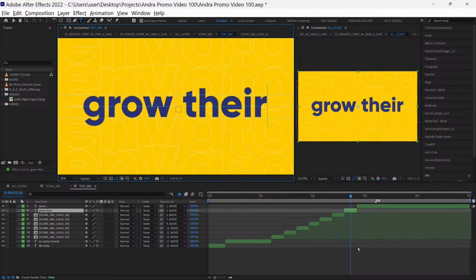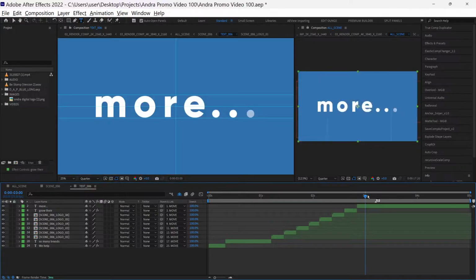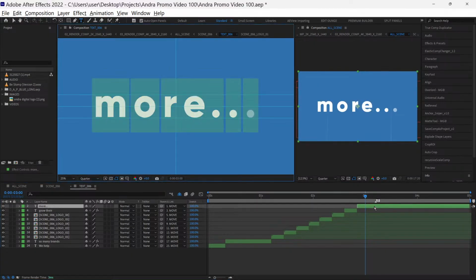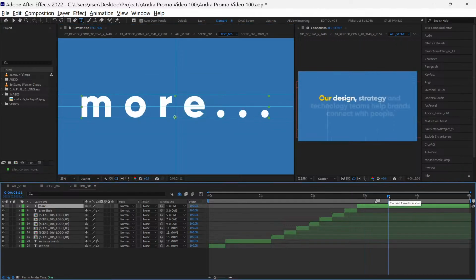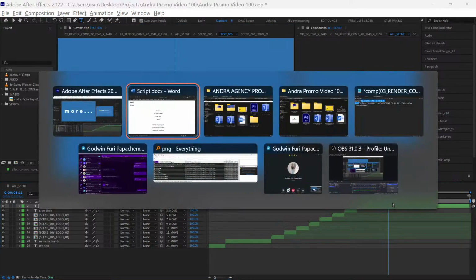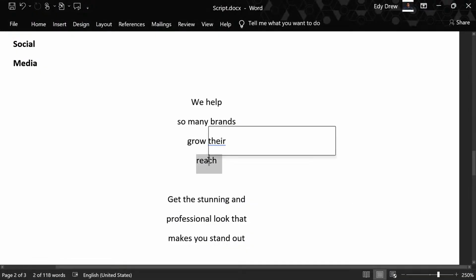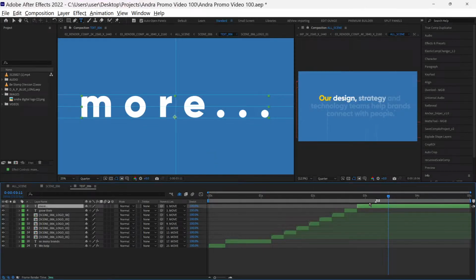So that's the good thing about having a script. Once you have everything laid out, you just copy paste it. And the amazing thing is now you have AI to come up with your scripts. You know, so as long as you're good at prompting, then you could